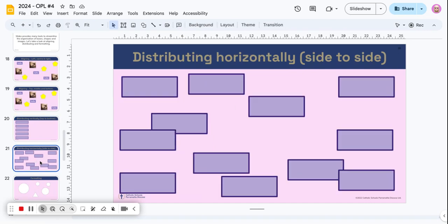Having a look at the next slide mat, we're going to also have a look at distributing horizontally. So you can see here I have got more boxes on the page, and what I want to do is distribute them from the left side of the mat to the right side of the mat with equal spaces in between each box. So I'm going to click on 4 boxes here and I'm doing my multi-select, so holding down